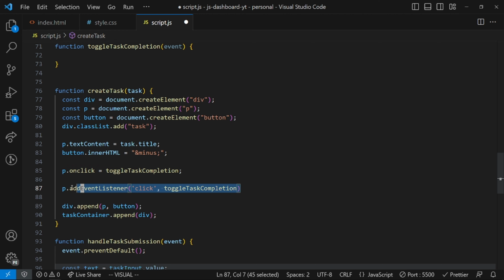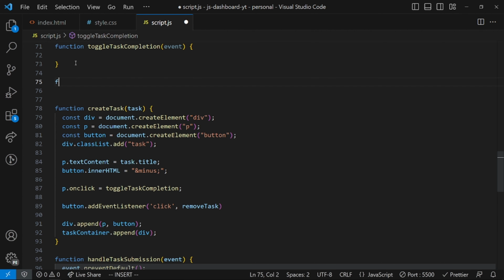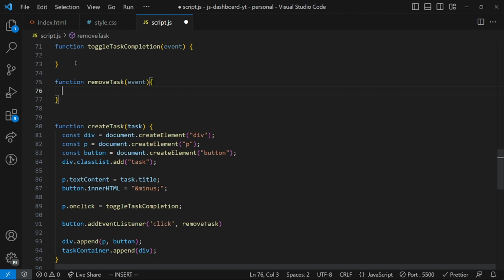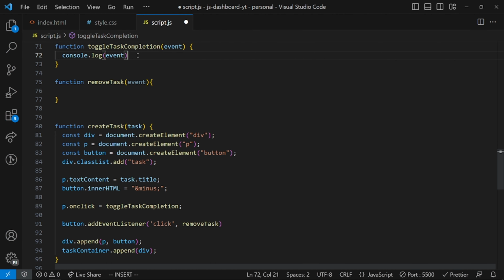Actually, we can use this for the button example. So whenever we click on the button, we need to run a function called removeTask, and I'm also going to create a function called removeTask right here. Now let's focus on the paragraph tag. Whenever we click on the paragraph tag of the task, we want to toggle the completion of the task. So we want to run this function, and I'm actually going to print the event